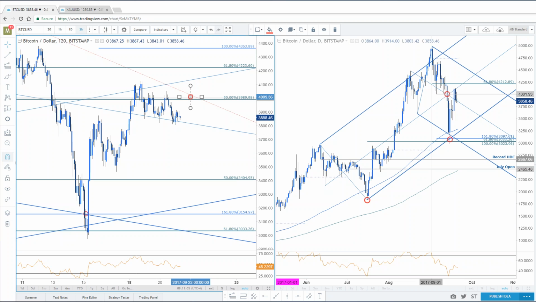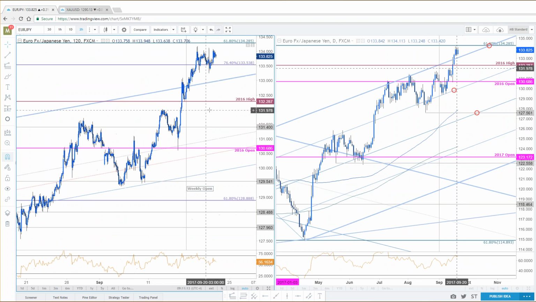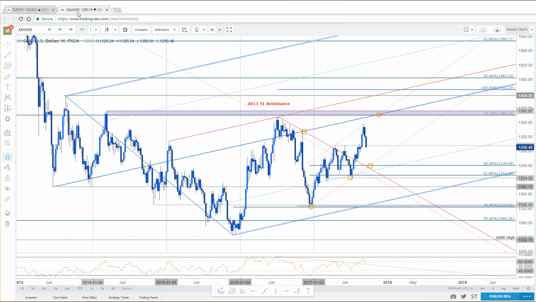Here we go. Pooja, Euro Kiwi at resistance. Is there a short? Ooh, yeah. Damn it. I tried to talk about this with you guys yesterday, and I completely forgot. The one thing I want to show you with Euro Yen is the weekly chart. I think it's clear on the weekly chart for some reason.